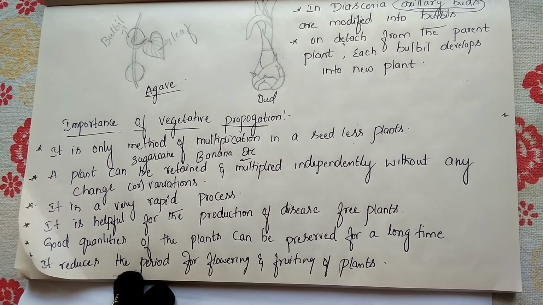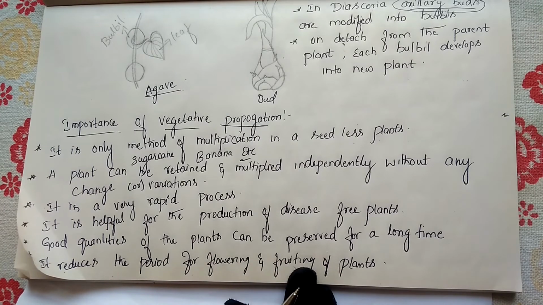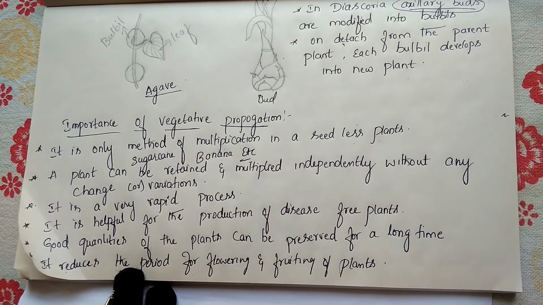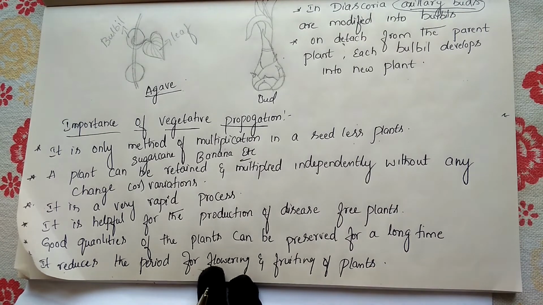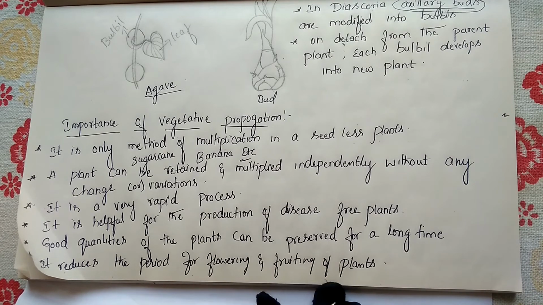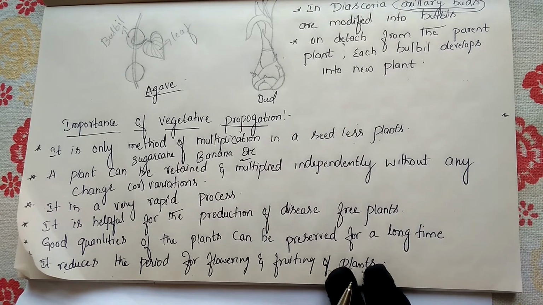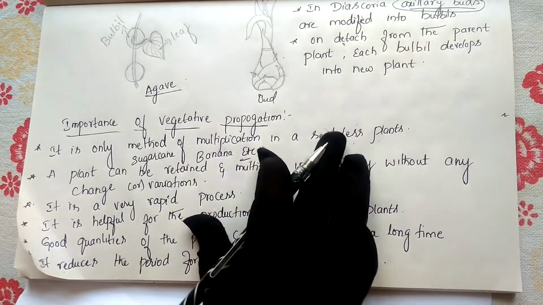Through vegetative propagation we will get flowering fast. After flowering only we will get the fruit, since the flower converts into the fruit. So flowering and fruiting take place in a fast manner. It will not take a longer time. In a short period of time the plants will get flowering and fruiting also. So we get an early yield, which is a benefit for the farmer. This is the last benefit we are getting from vegetative propagation.